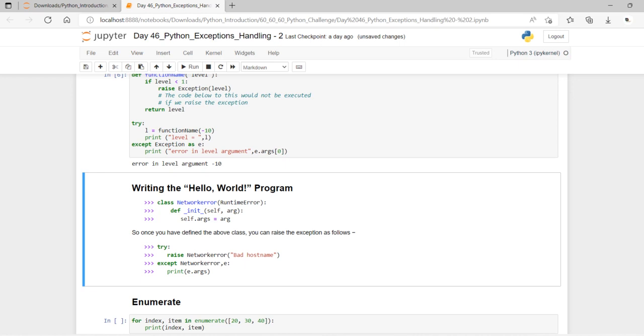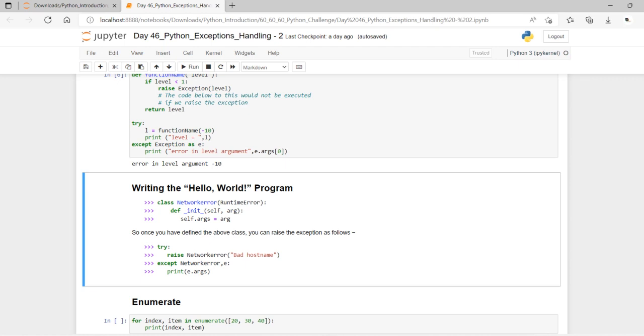See here, dear friends, Python also allows you to create your own exception by deriving classes from the standard built-in exception. So here is an example related to runtime error. Here a class is created that is a subclass of runtime error, and this is useful when you need to display more specific information when an exception is caught.